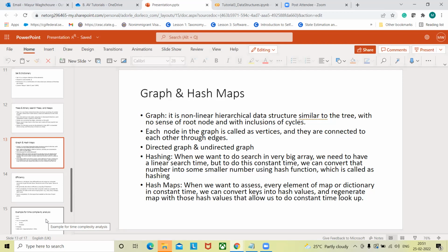As we were discussing, let's say we have a really big array and we have to look for a particular element. Then in that situation, in